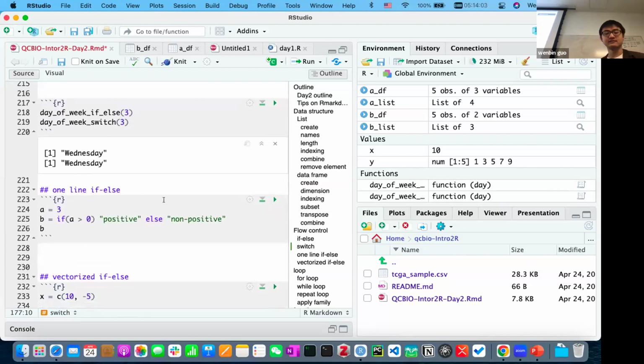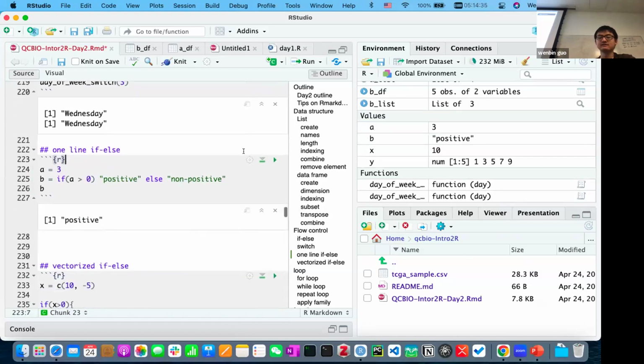Besides the if else, we also talk about the one-line if else statement. This again makes our code pretty concise. For example, here we have a value a and judge whether a is greater than 0 or not. If it is greater than 0, we assign positive to b. Otherwise, we assign non-positive. We can write it in the if else curly brackets version, but I think this one line does the same thing with a shorter